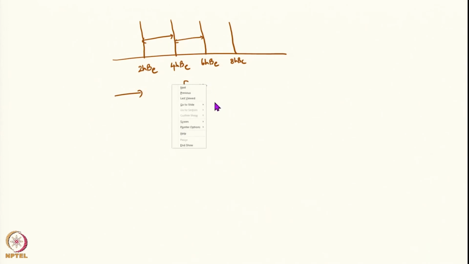So, this will be from 0 to 1, this will be from 1 to 2, this will be from 2 to 3 and this is from 3 to 4, values of J. Now, if you have this, this will again be 2hB, this also 2hB, this also 2hB.